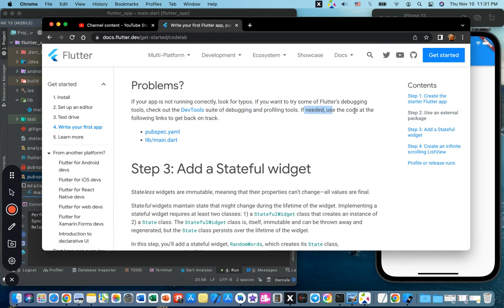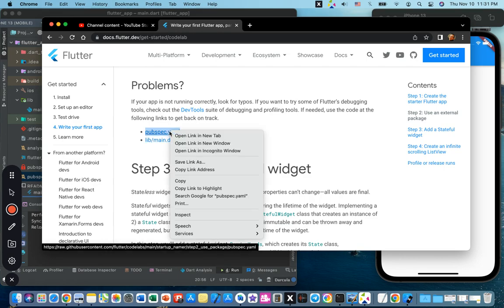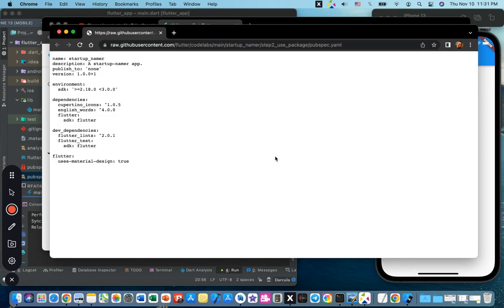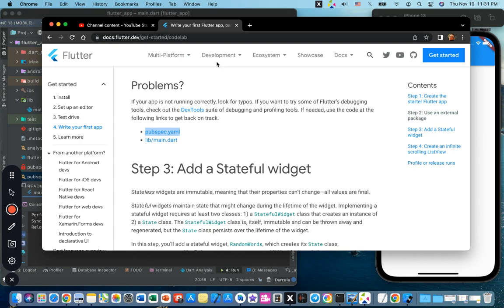If needed, use the code at the following links to get back on track. Pubspec YAML. Okay, so the code in this pubspec YAML fixes the full thing, and again under the cappuccino shows this thingy. All right, and in the main.dart,